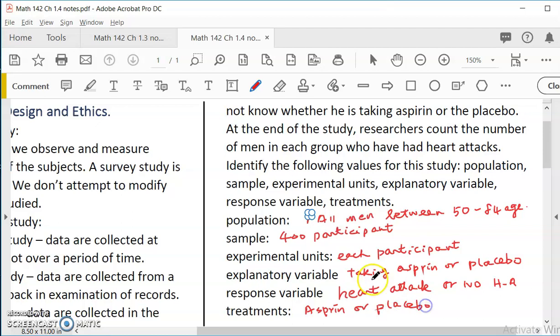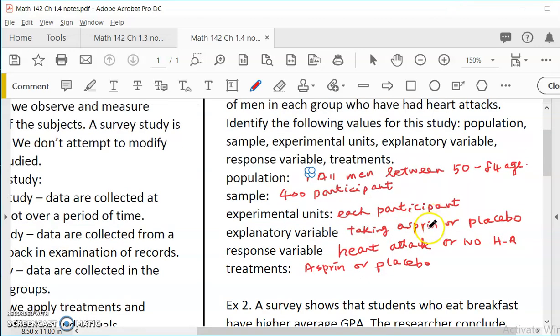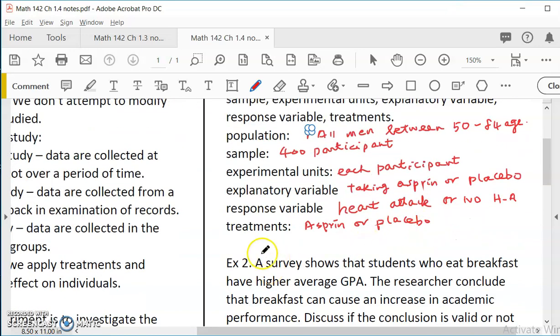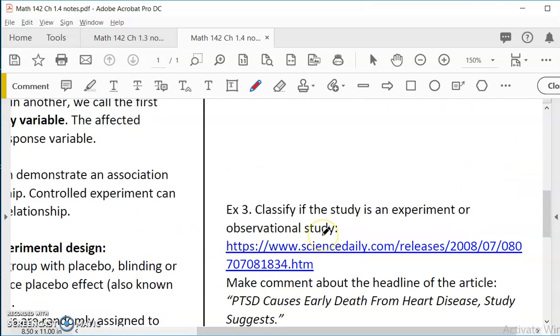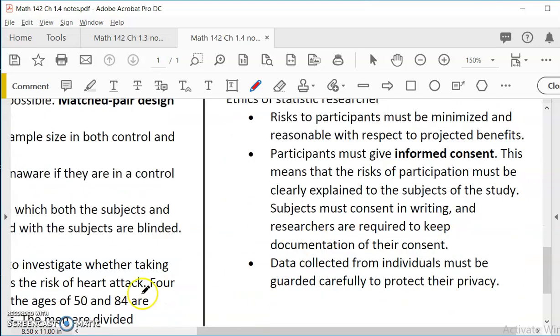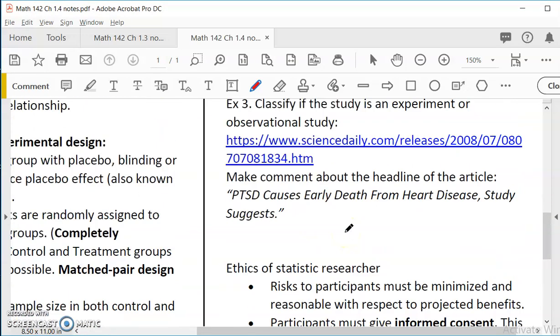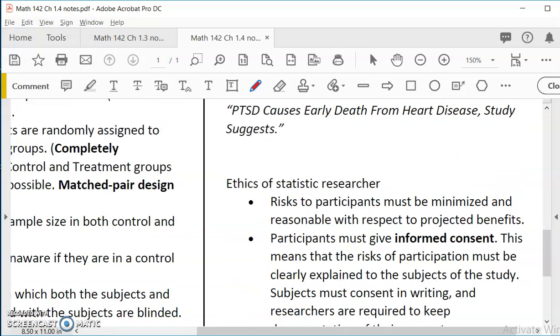So each one of them received this. I think the explanatory variable is the medication. Yeah, you can also say the medication, either the aspirin or a placebo. Okay, so we have a second one and a third one. So maybe we'll do the last three parts in the second